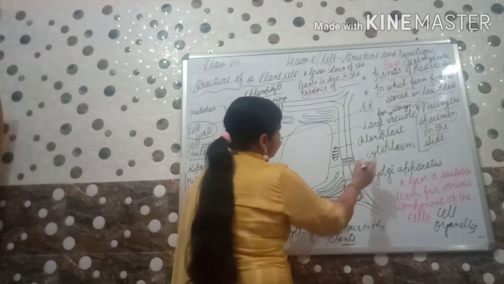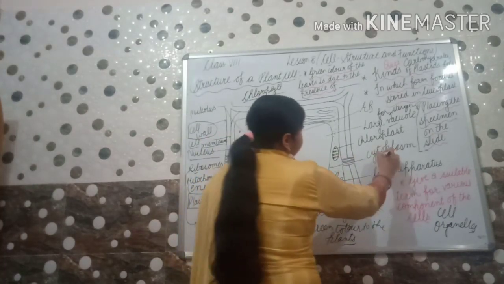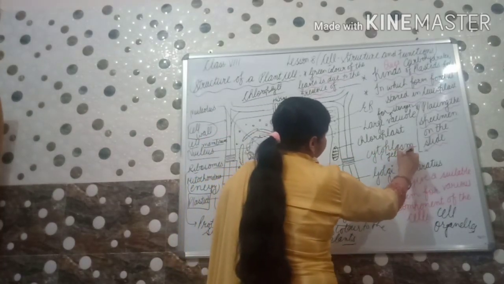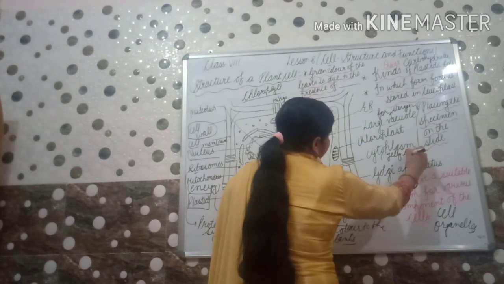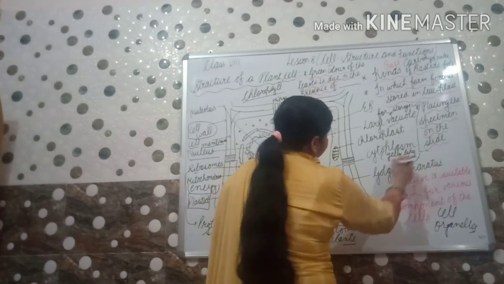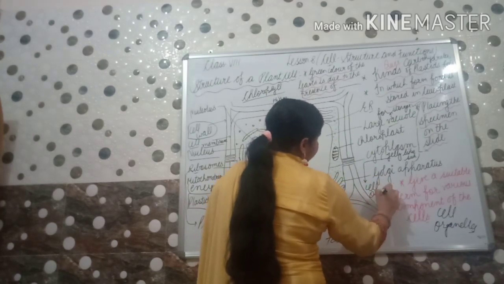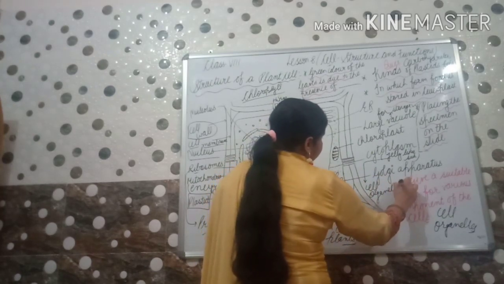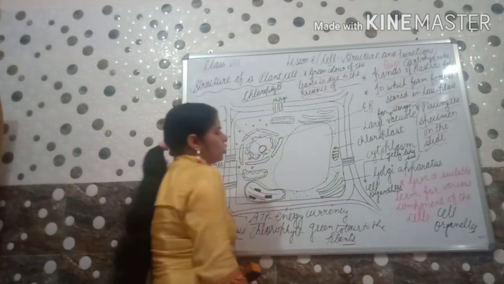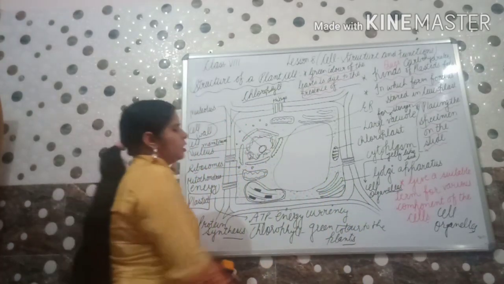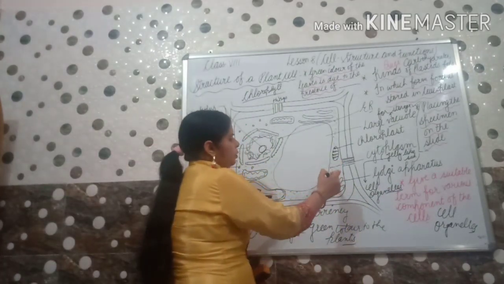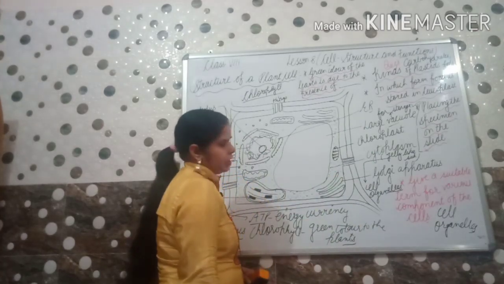Then cytoplasm. Cytoplasm, we know it is a jelly-like substance. Jelly-like substance है जिसमें क्या है? Cell organelles are suspended there. सेल की एक्टिविटीज़ के लिए जो भी ऑर्गेनेल्स चाहिए वो किस में होंगी? In this jelly-like substance में.